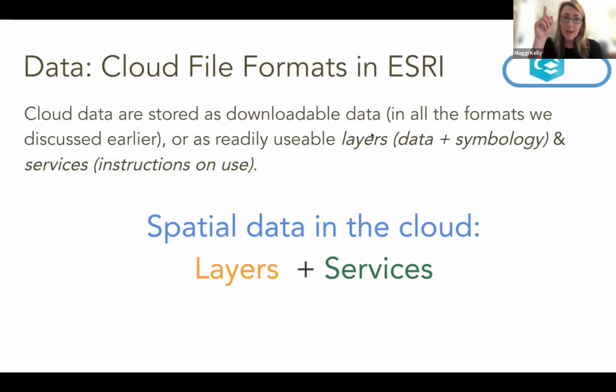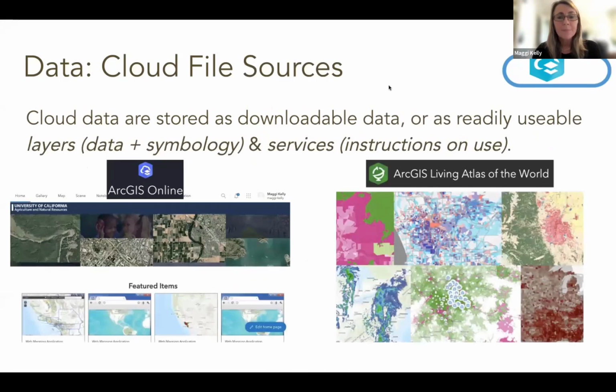When you move to the cloud, and I mentioned ArcGIS Online at the beginning, which is cloud software, the file format changes. We typically think of cloud data as layers with associated services. So instead of a shapefile, you'll have a vector layer that has services associated with it. We're not going to do a ton with cloud-based stuff, but I'm just pointing out the differences.